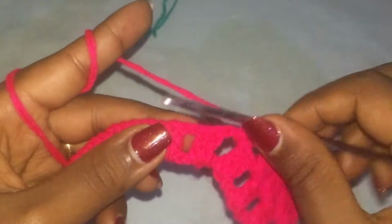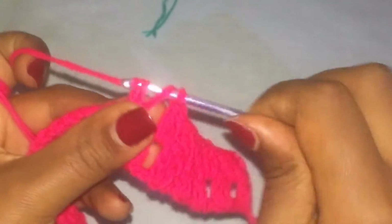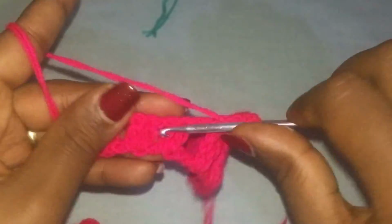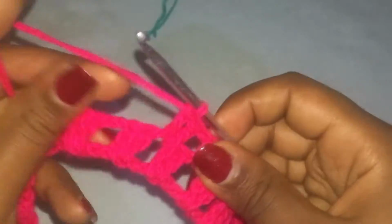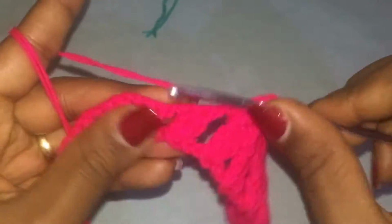Chain 1, yarn over, make 2 double crochets. So chain 1, make 2 double crochets in the next space, and you're going to repeat this until you get to the center. Chain 1, make 2 double crochets, chain 1, make 2 double crochets in the next space, chain 1, make 2 double crochets into the next space, chain 1, make 2 double crochets,